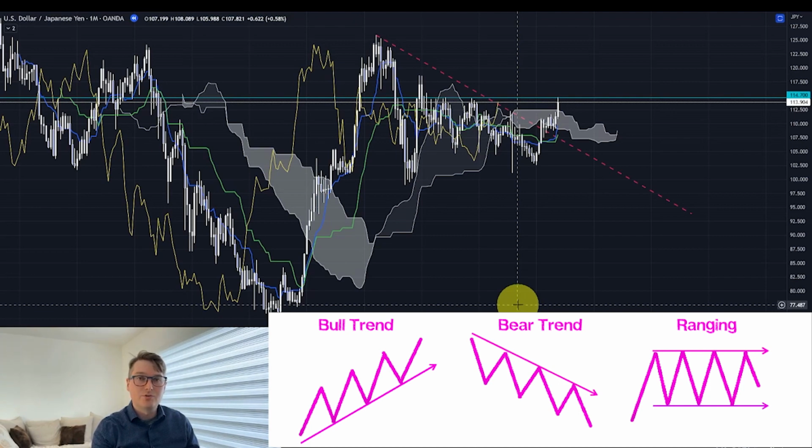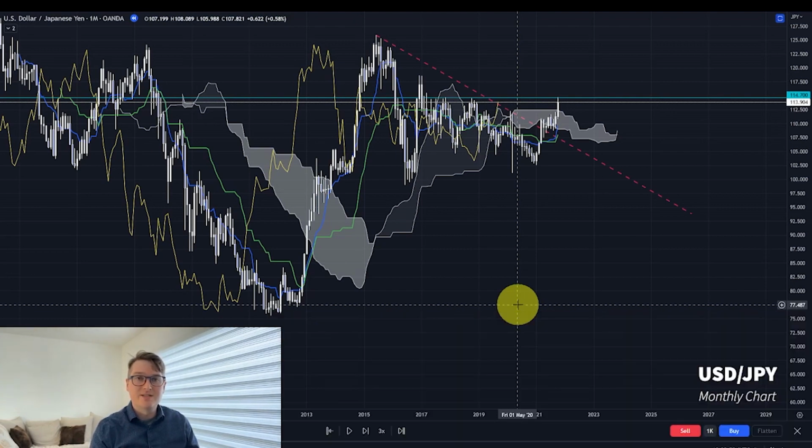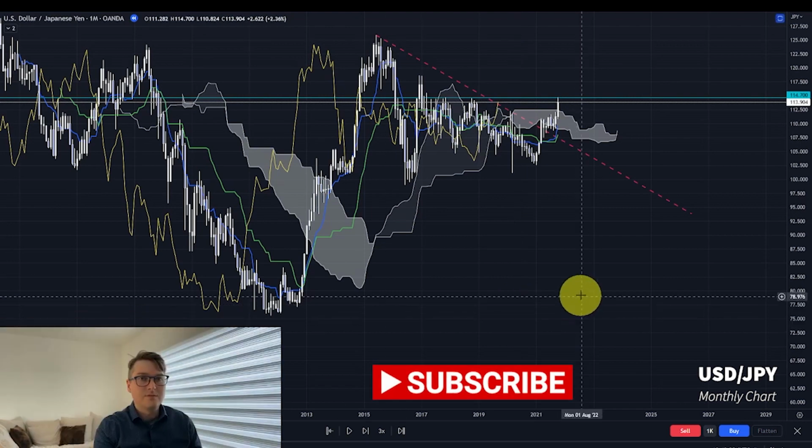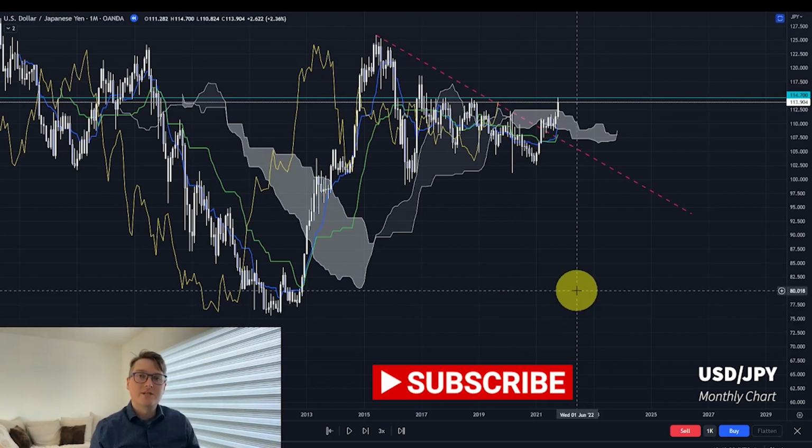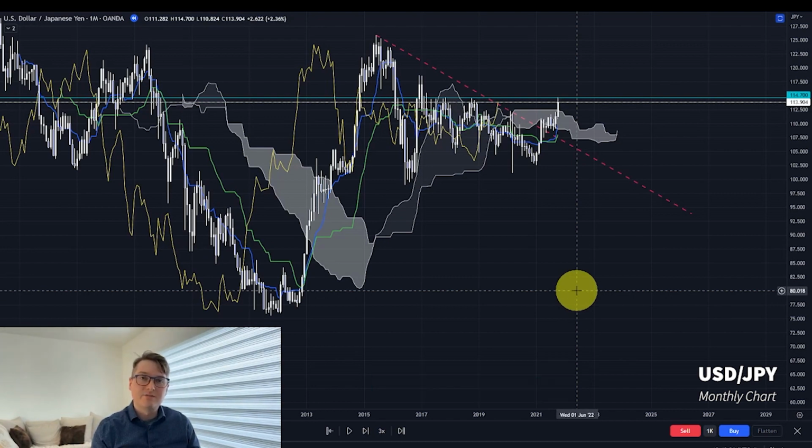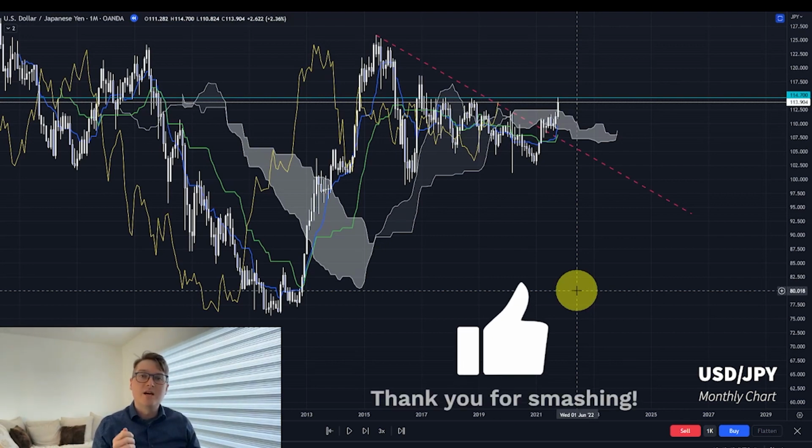Now I'm going to show you using the Ichimoku system how to identify trending markets and how to use multi-timeframe analysis in order to identify the best time to enter trades. Now guys, when we start to do multi-timeframe analysis, we need to start with the higher timeframe charts. If we start on the 5 or 15 minute charts, our focus is going to be way too narrow. So we need to start first by getting a general overview, a bird's eye view, so to speak, of the